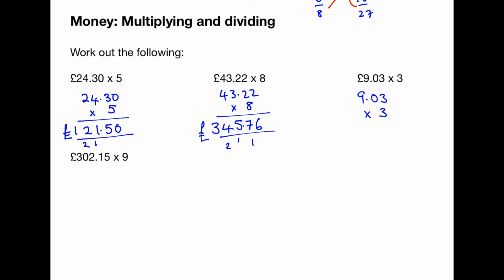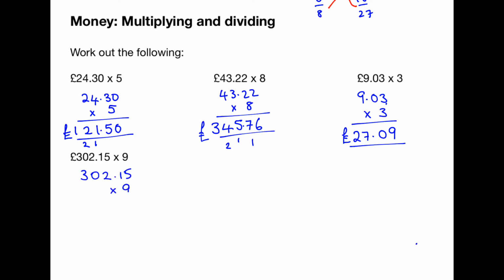£9.03 times 3. I think some of you can probably do this one in your head. £9 times 3 is £27, and 3 pence times 3 is 9p. Okay, so we've got £27 and 9 pence for that one. You could still do that the same way as we've done the other ones. Okay, and then the last one,